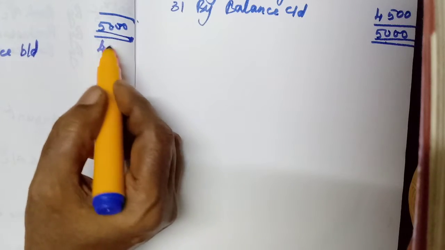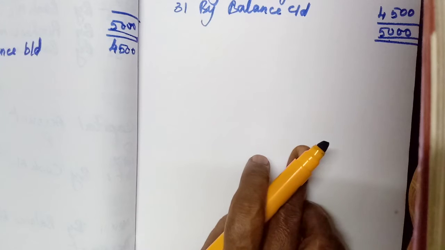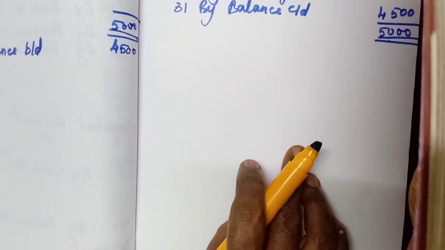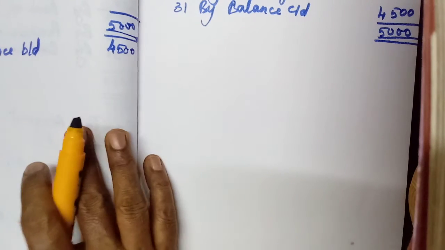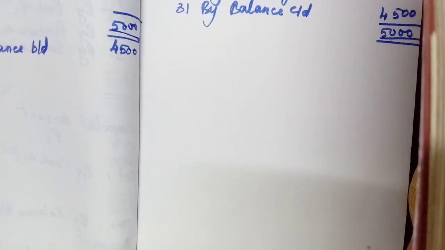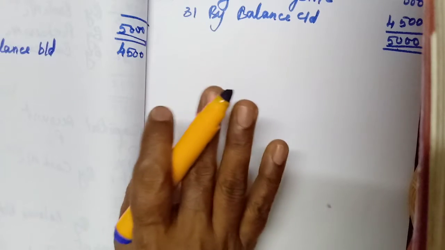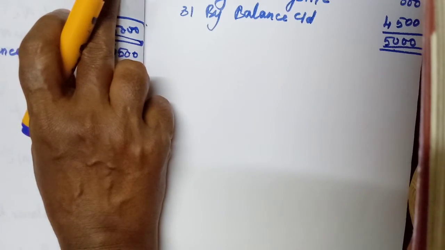For the exam, they never ask you to do this many accounts. Okay, only 5 marks is the largest mark. So they may ask you to prepare 2-3 entries and to prepare 2 accounts. So 3 marks here, 2 marks there, like that they will allot. They never ask around 10 ledger accounts and all. So don't worry. But you should know how to post and how to balance. That's all. So now we have completed the purchases account.